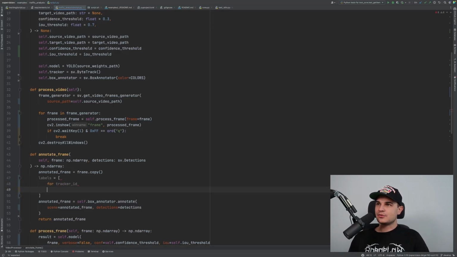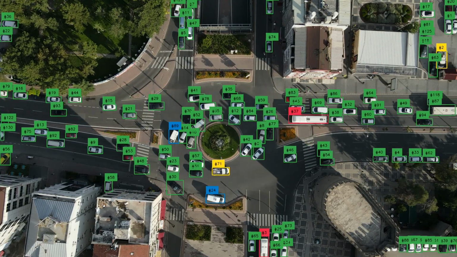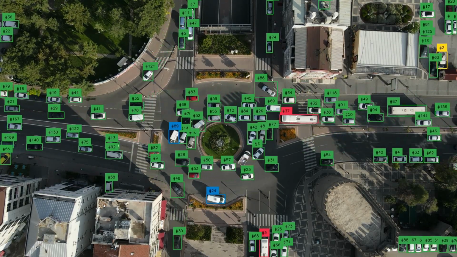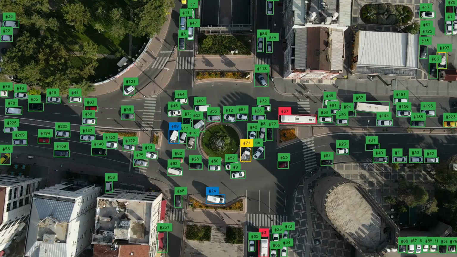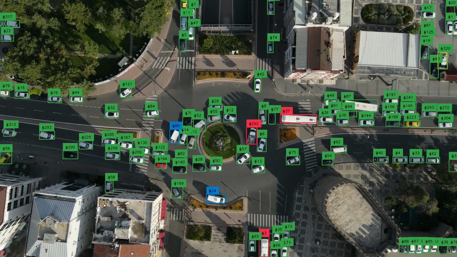And the last thing that we need to do is jump into the annotate frame method and make sure that we will display that tracker ID. That's why I'm using list comprehension to create a list of labels, pass that list into the annotator, and that's it. And when we run the script, we see that the bounding box annotator is displaying tracker ID instead of class ID. The color of the box is still tied to the class of the vehicle, but we'll change that in a second